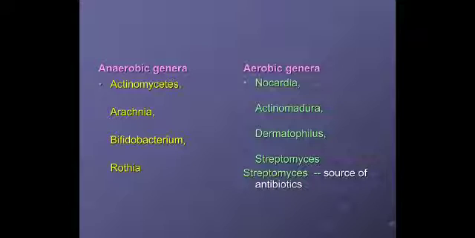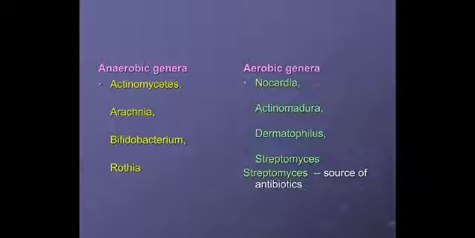The genera among the actinomycetes belong to either aerobic genera or anaerobic genera. The most important genus is Actinomyces, which is an anaerobic genus. The other anaerobic genera are Arachnia, Bifidobacterium and Rothia. The aerobic species are found among the aerobic genera, which are Nocardia, Actinomadura, Dermatophilus and Streptomyces. Members belonging to either aerobic genera